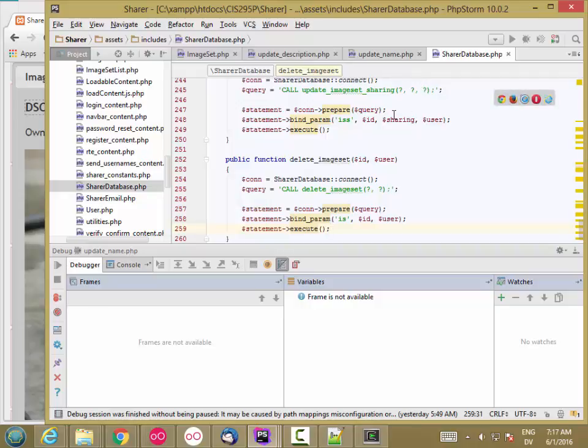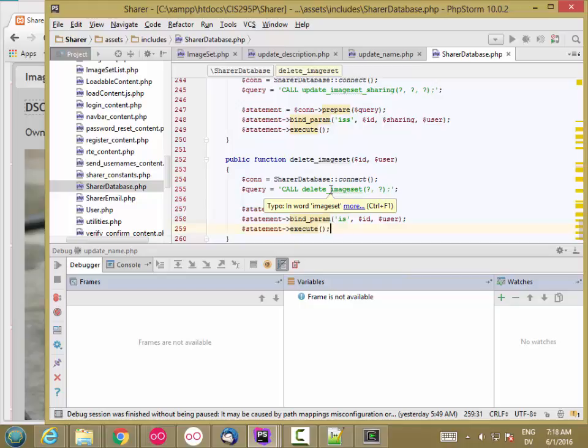Okay, so now we have to do the tricky part, which is developing the SQL query for deleting the image set. And if we were just deleting the image set record, it would be pretty easy because we could delete image sets from image sets, join user on param user is equal to username and so on and so forth. So we could do that all in one statement. But if you want to delete the images that are linked to the image set as well, then that makes life a lot more complicated because